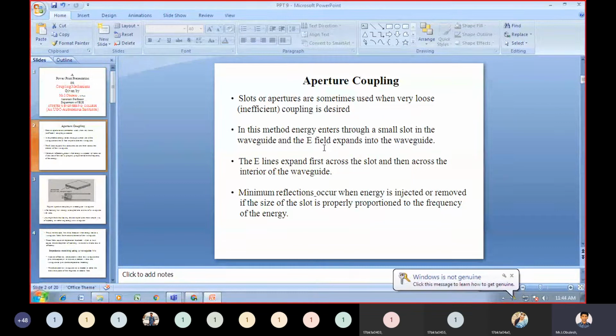So when the energy enters through a small slot in the waveguide, the electric field expands into the waveguide,